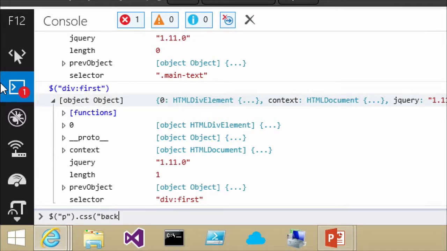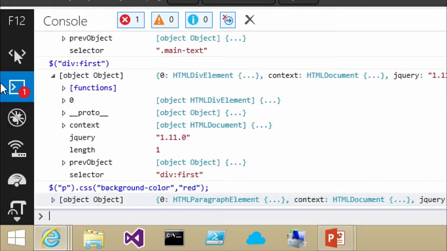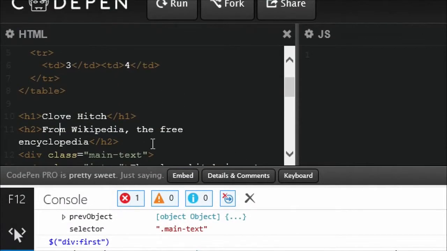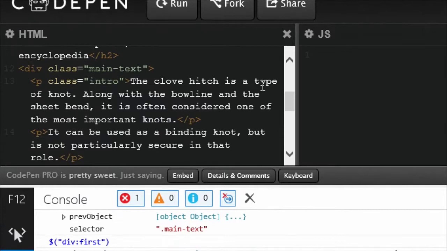So I could come in here and change, say, the background color. And I'll change that to red. And so if I run just this one, let me copy it so I have it. If I run just that one piece, then it does absolutely nothing. Where's the, oh, right, I need outputs. So in CodePen,